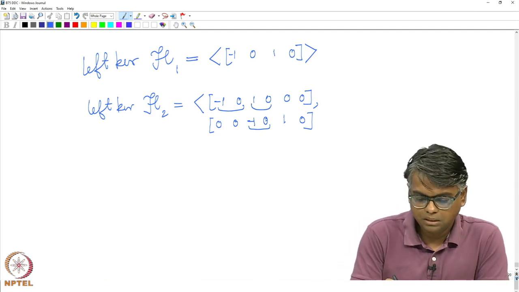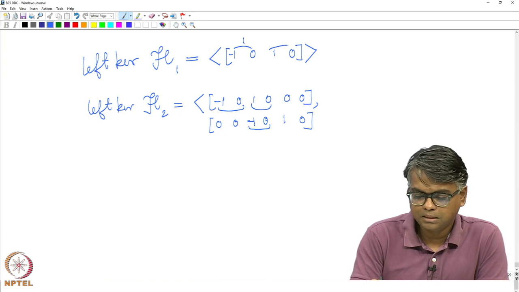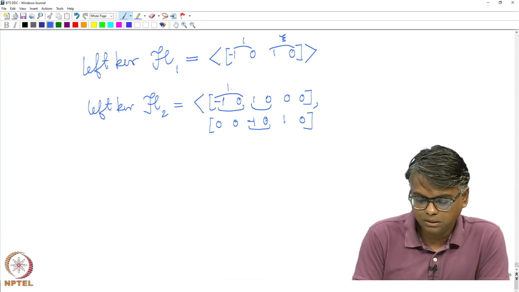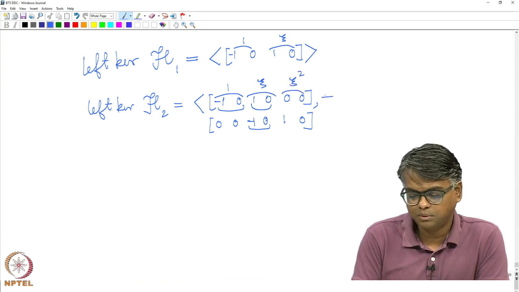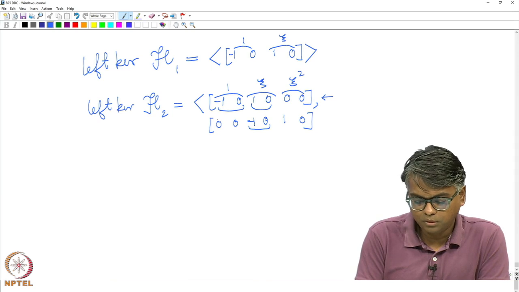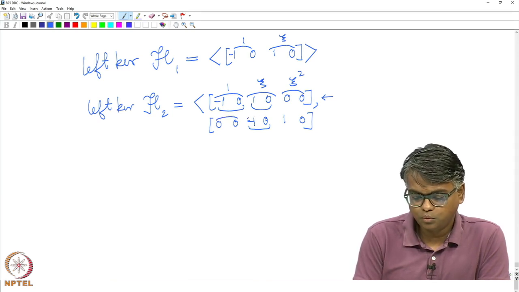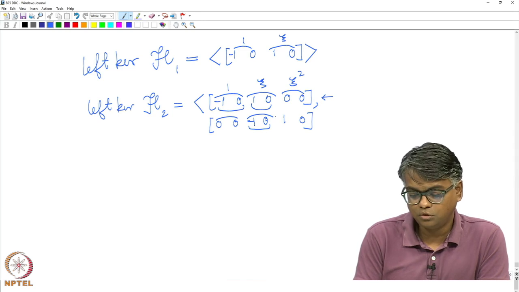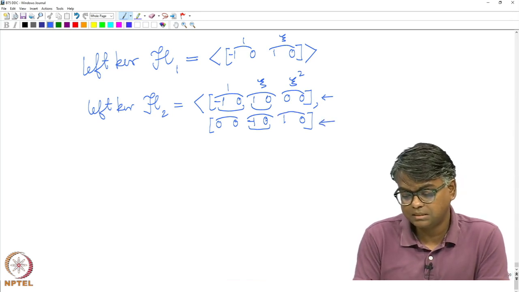Why? Because this entire thing multiplies to xi. Here this guy multiplies to 1, this guy multiplies to xi, this guy multiplies to xi squared. This is of course a first order equation, this one is a first order equation. But what about this guy? This is 1 which is 0, this is coefficient of xi which is non-zero, this is coefficient of xi squared which is also non-zero. So, this is indeed a second order equation,